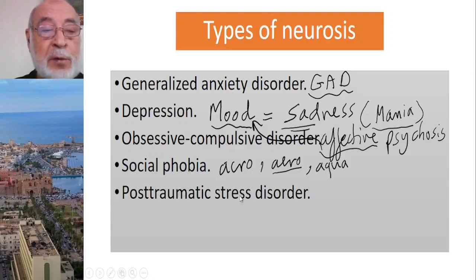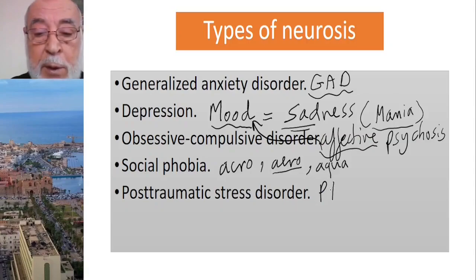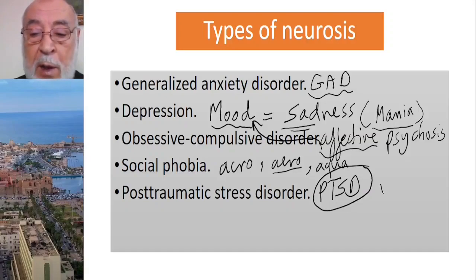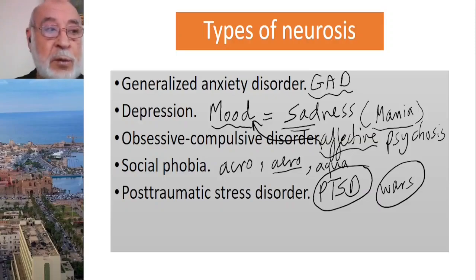Next is post-traumatic stress disorder, which is usually abbreviated as PTSD. This is very common, especially when the person is exposed to a shocking or dangerous situation, like in the case of wars. The person usually suffers from certain symptoms like fear, vivid dreams with flashbacks, etc. This is known as post-traumatic stress disorder, and this is very common in most people when exposed to